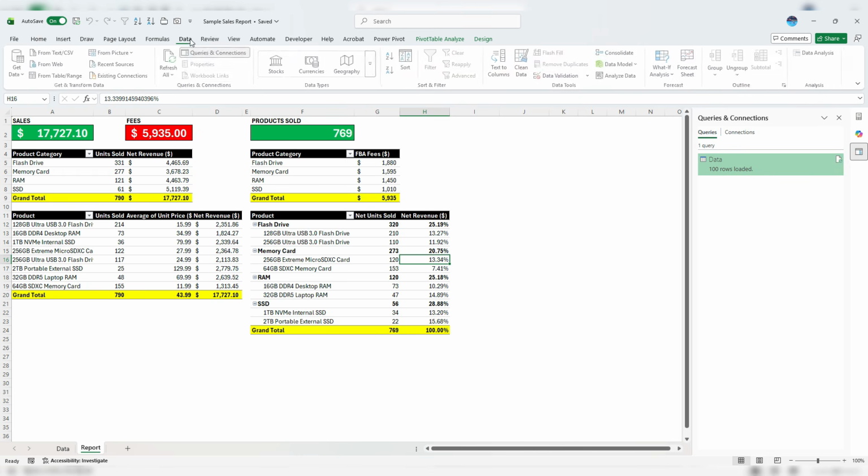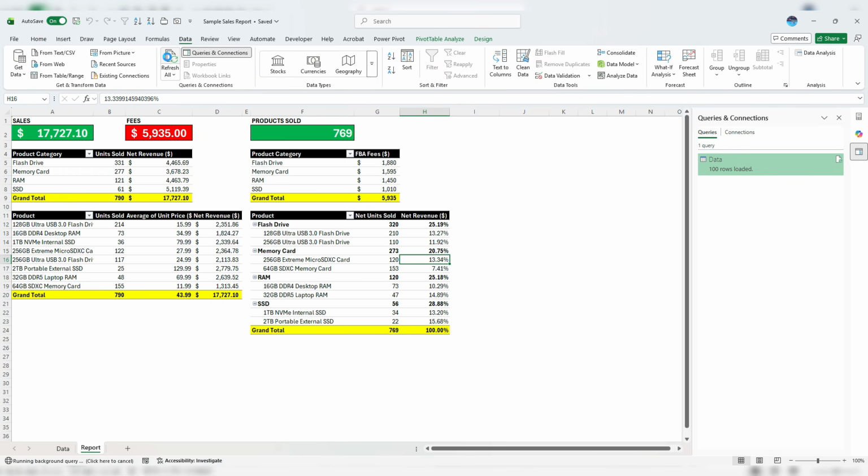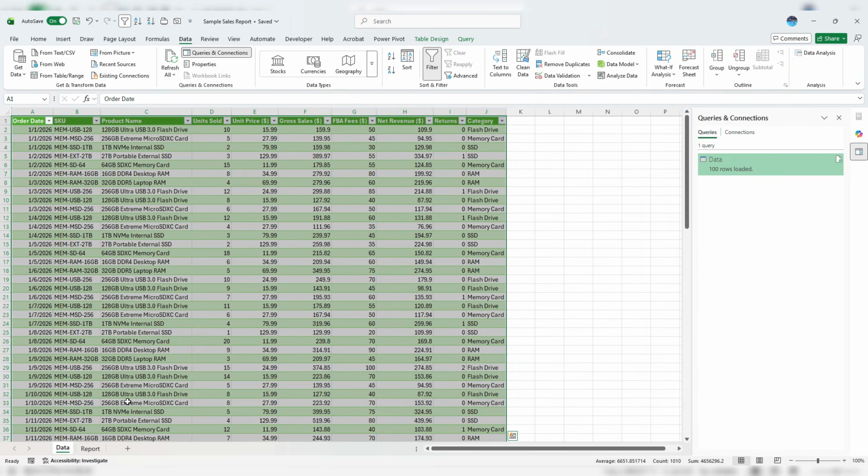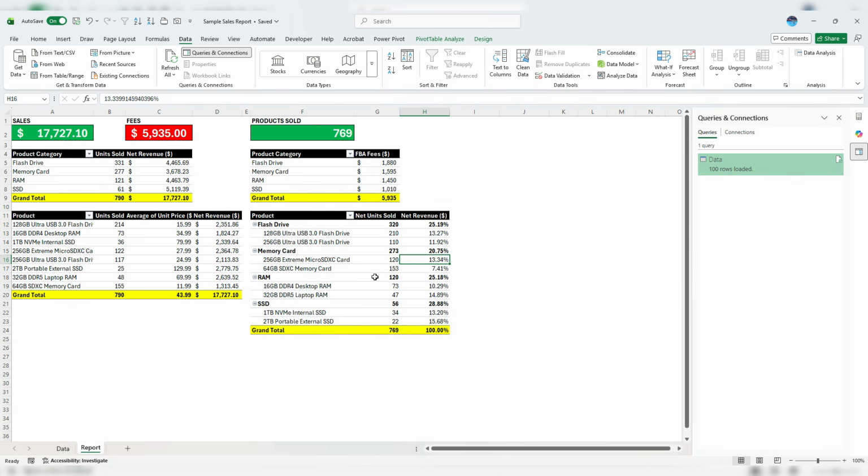So now I'm going to go to Data and click on Refresh All. And so that's good. I don't have any errors. That means everything is now linked properly to this specific data download. So now my pivot table is all updated and linked to that specific file that I'm pulling from based on